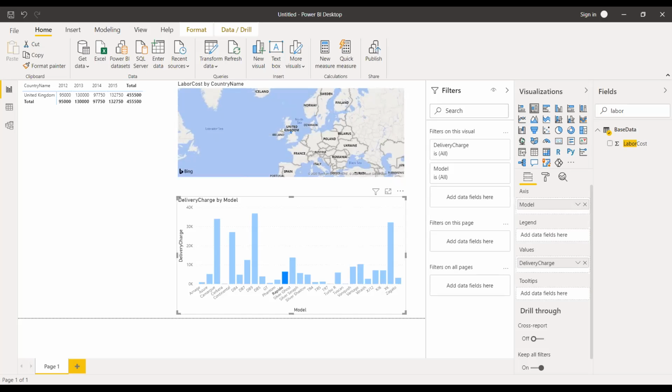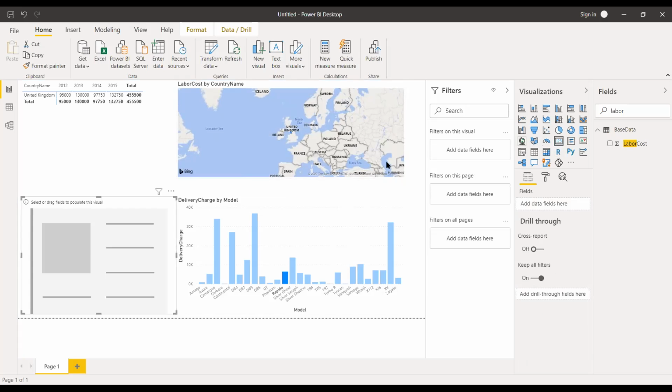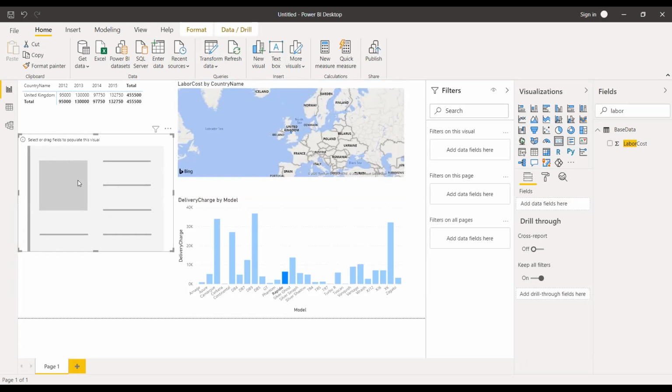Now click on a card icon in the visualization and spare parts. Card icons are very interactive and very effective. This is the card icon. If you click the card icon after clicking on a blank space in the report, you can see the card is there, but nothing is shown because I have not chosen any field to be reflected in this card.